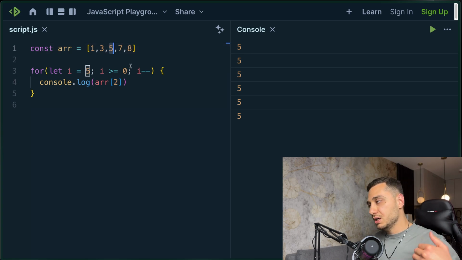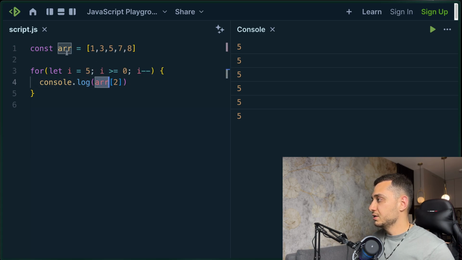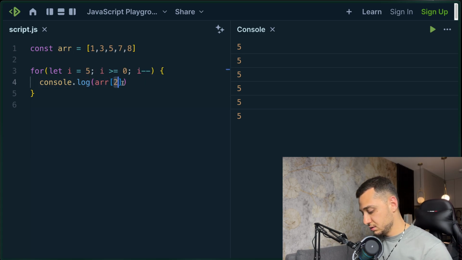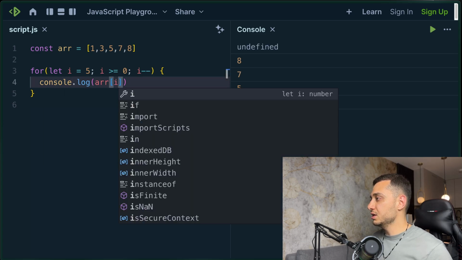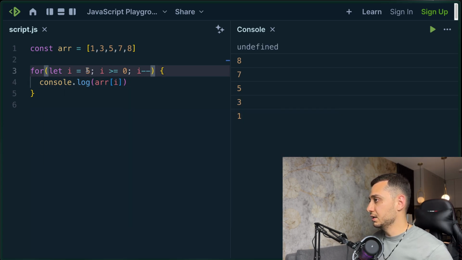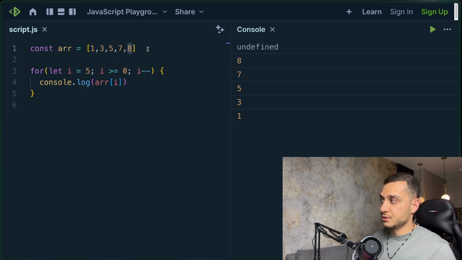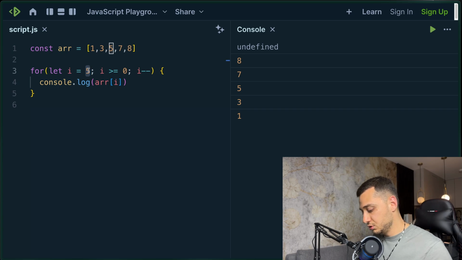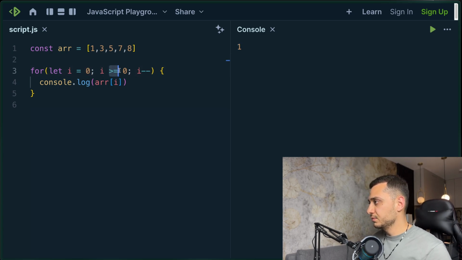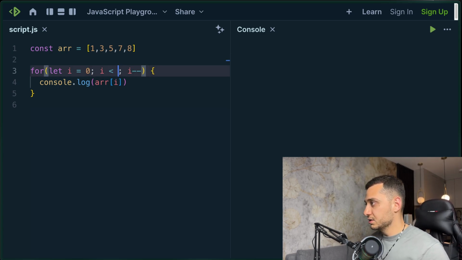How to print all values of the array? We can just write array, and instead of this number constant, we can add i here, and it will print array elements from the last one to the first one. So how can you print from the first element, first index, to the last index? You need to do just 0, an opposite one, for example 5,